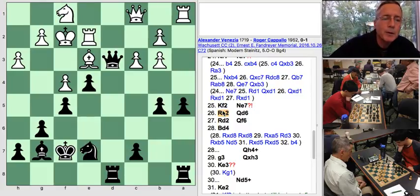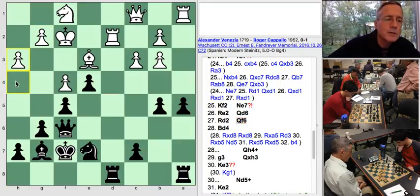He played rook e2. And now I have to be concerned because if I gave him one more move, my queen would get trapped. If he played rook to d2, my queen would have nowhere to go. So I retreated my queen. Went ahead and played rook to d2. And now I move my queen over to f6, which is threatening to come into h4 check and invade his king position. He didn't fully appreciate that and played bishop to e4,